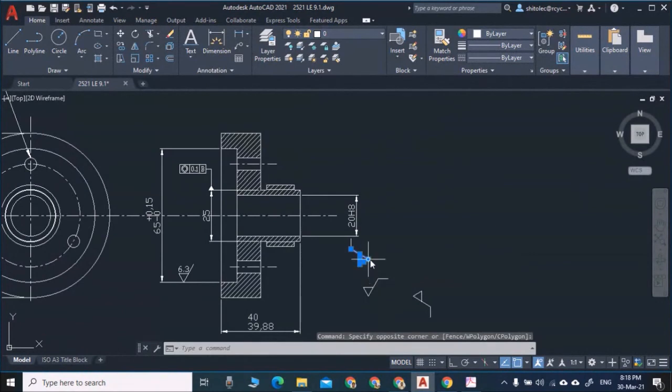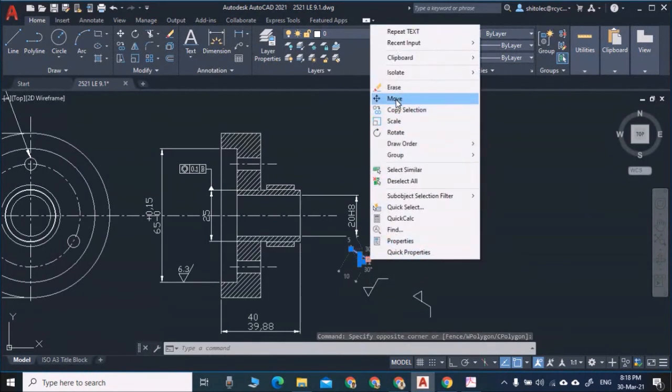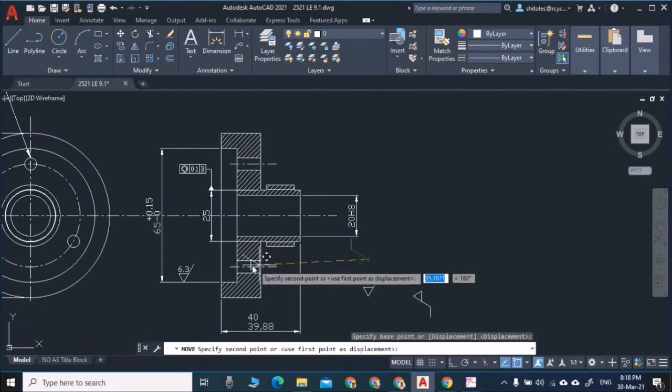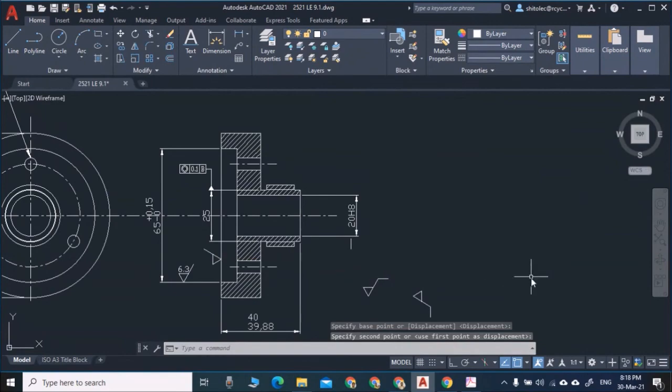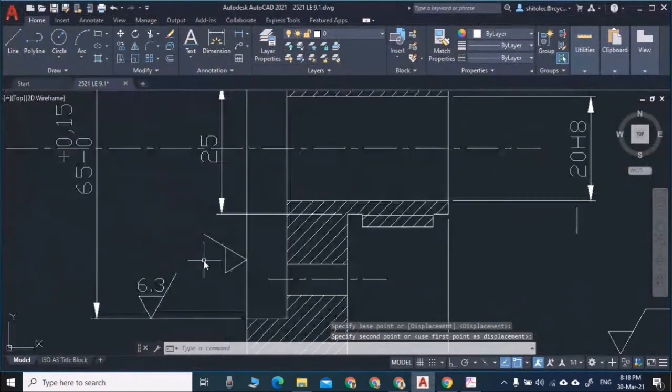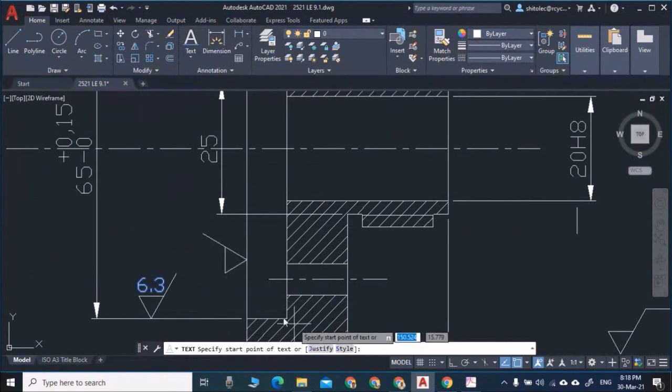I will select this part, right click, move or copy, and I will paste it here. Okay, and I think there is no horizontal line also, and 1.6. Now I need to write the text here. Text, click text, specify the point here.